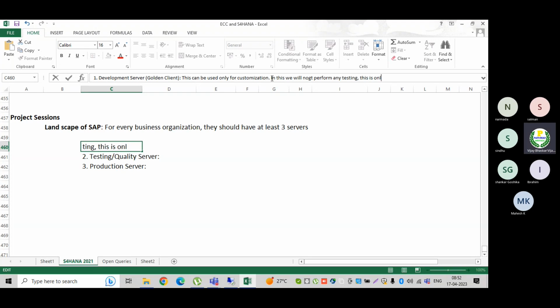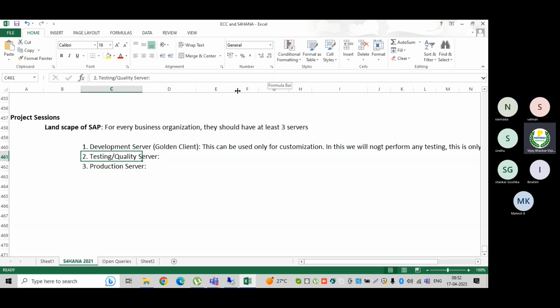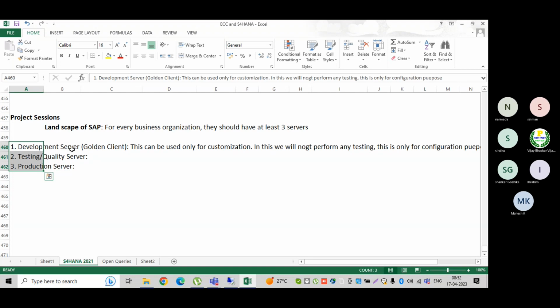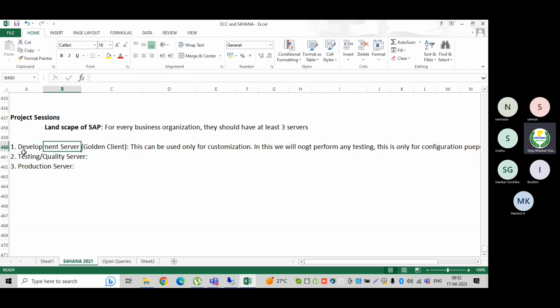This is only for customization or configuration purposes, because we do not have any master data in this system. In this development system we do not have the master data and testing data, so that is the reason we will not perform any testing in the development server.